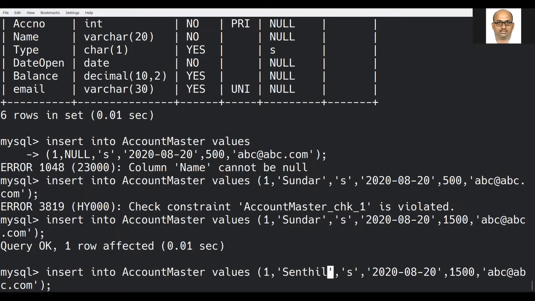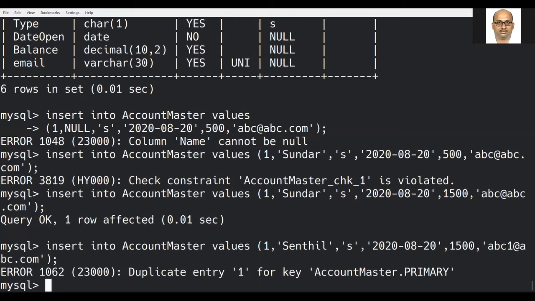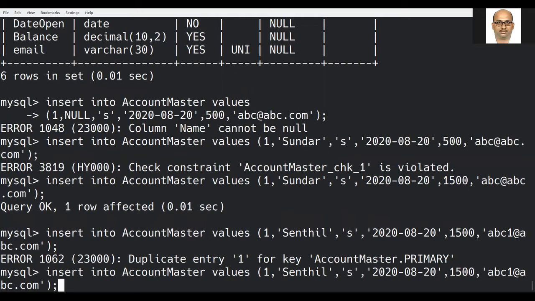I have changed the name. This person has also opened the particular account, so he has abc1@abc.com. Here this will also throw an error. Duplicate entry 1 for key account master. That is, the account master primary key is trying to have a duplicate value.